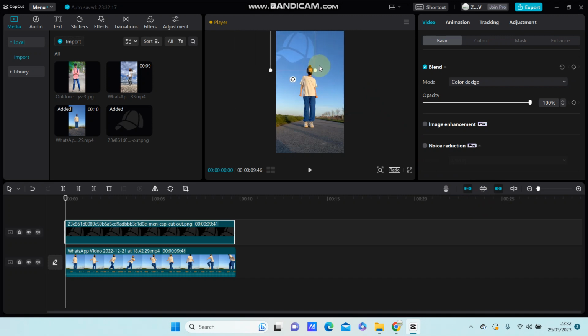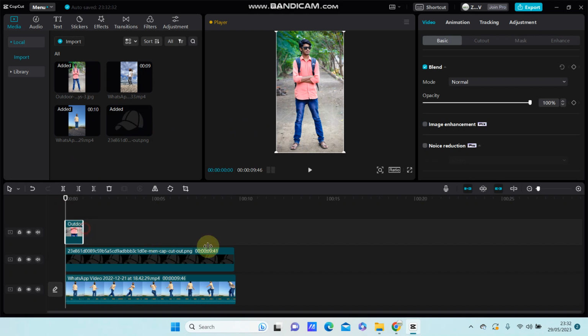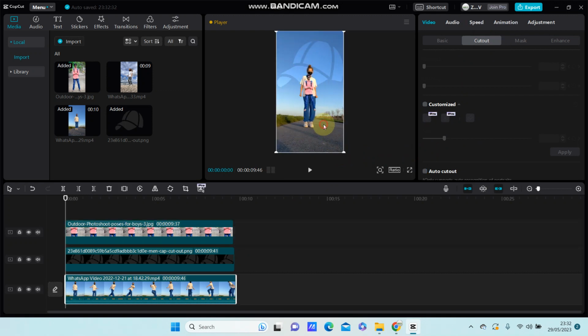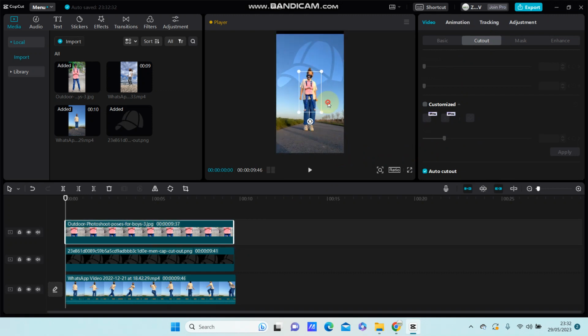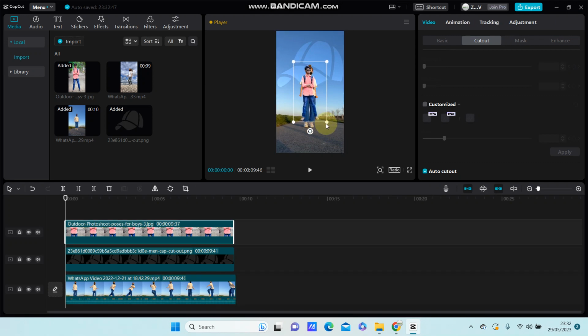So you can see like watermark. You can add more overlay, put on top, and remove the background. So change the size, and